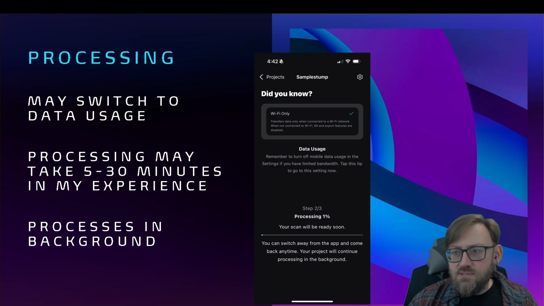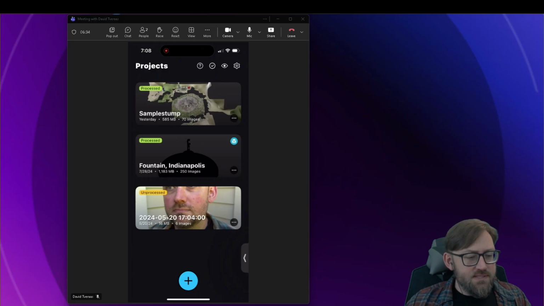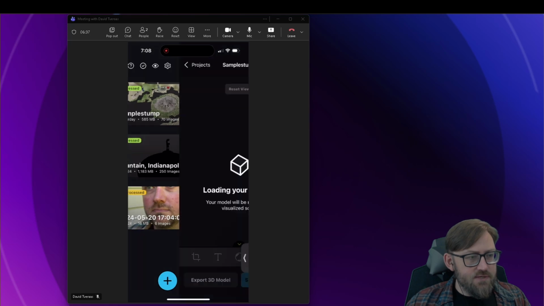Once the processing begins, you'll see a screen like this. You may switch back and forth between using data and using Wi-Fi only. Processing, in my experience, has been about 5 to 30 minutes generally with my good Wi-Fi. I haven't really done too much processing using data, but if you're using both Wi-Fi and data, it's possibly faster. And the processing happens in the background, so you can go and do anything else on your phone or otherwise, and it'll continue. Now that my project is finished processing, that's this sample stump project here, I'll go in there,